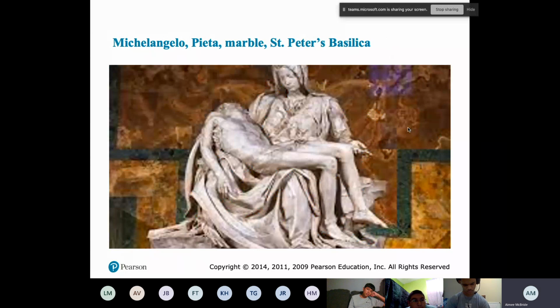Another example of Western art in worship is Michelangelo's Pietà. Pietà means pity. So if we look at the image, we see Mother Mary holding the limp body of Christ right after he was pulled down from the cross. This particular image is trying to evoke pity from the viewer, specifically so that they would feel more tempted to open their purses up and donate more money to the church,